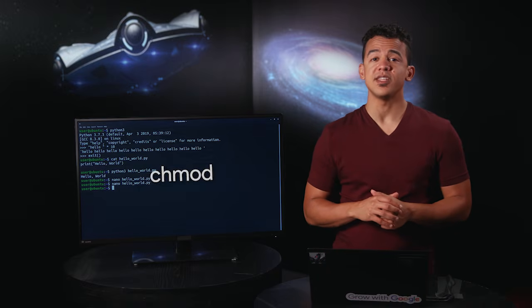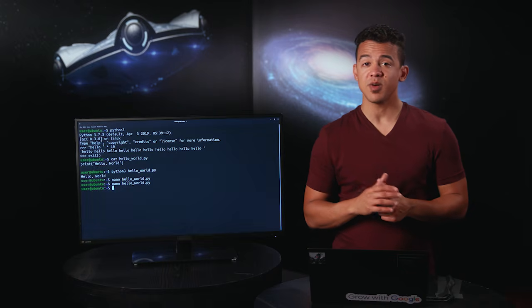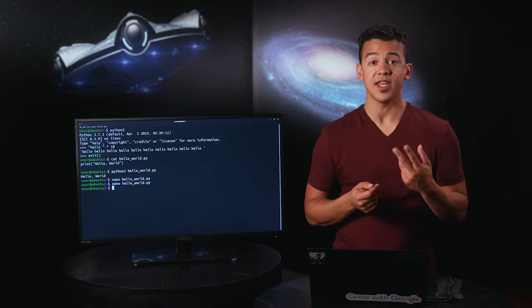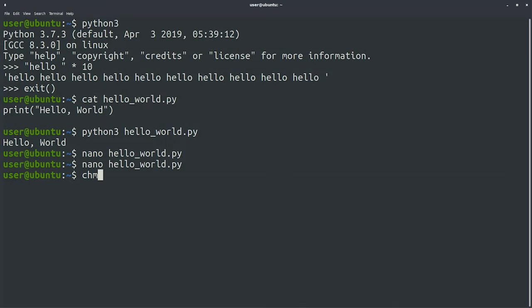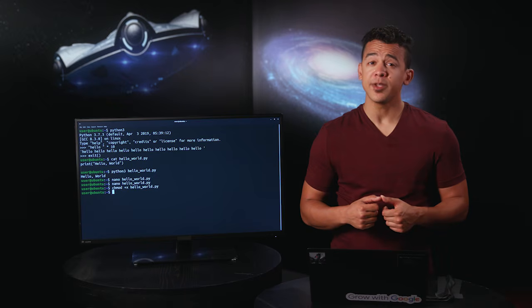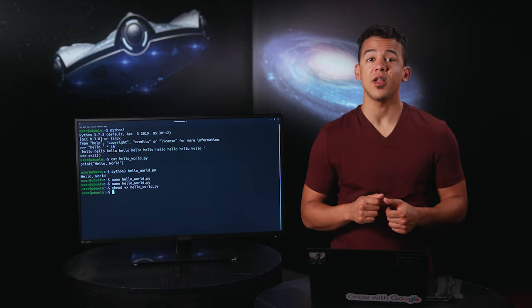All right, our system now knows it should execute the file with the Python 3 interpreter. There's one more thing we need to do to run the script directly without having to call the interpreter every time. We need to make that file executable using the chmod command. Remember that this command lets us change the file permissions. A file's possible permissions are read, write, and execute. To run the file directly, we want our file to be executable. This is how we do it. Marking the script as executable means that we can now run the file by just prefixing it with a ./